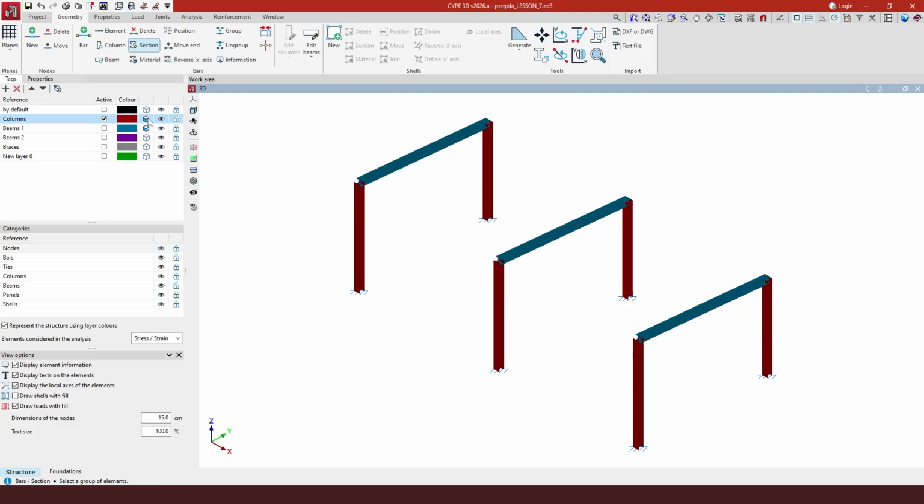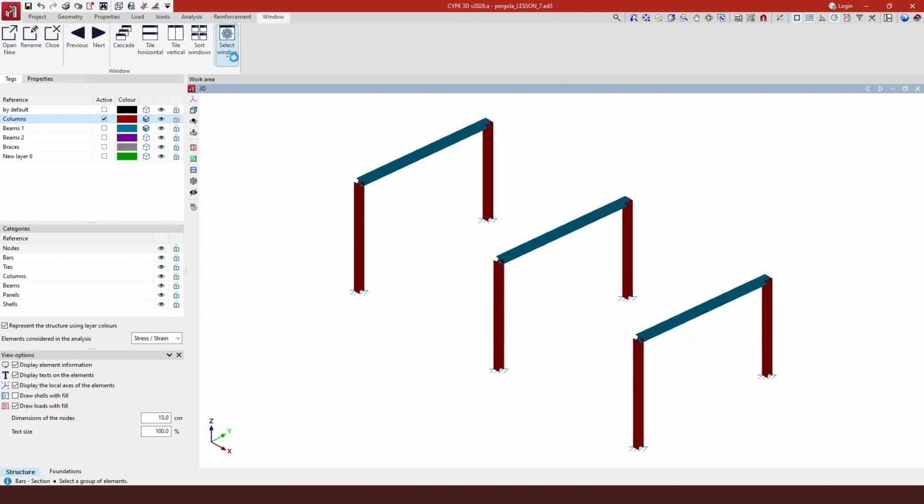Another thing that I want to point out is that we only made the changes in the first frame, but since they are grouped, everything has been done in all of them, as we're going to demonstrate again now. So with this, we're going to move to the window of the frame again,